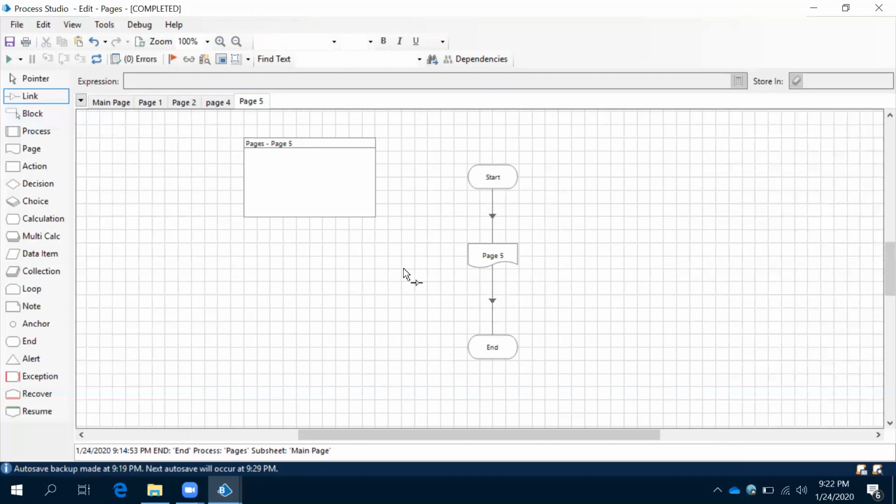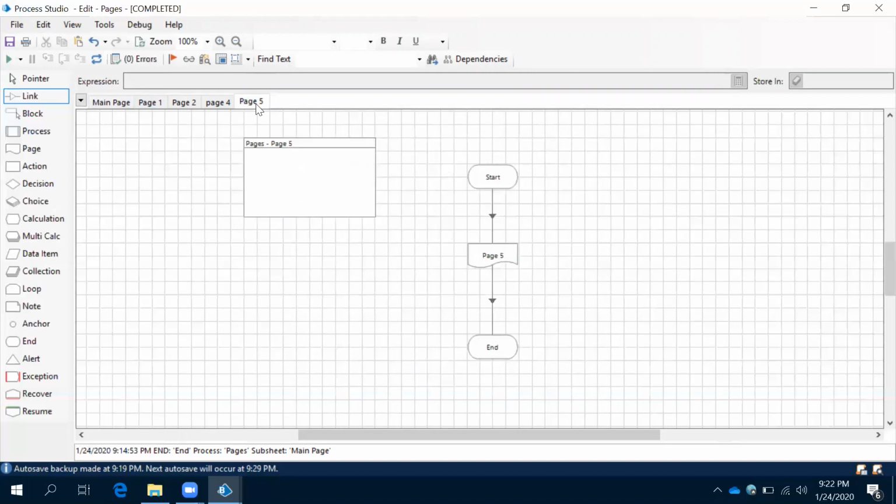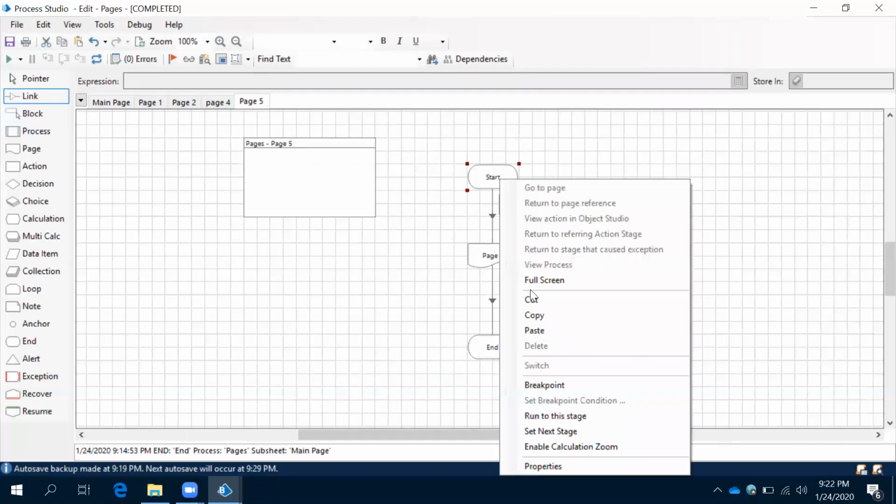Now, if you want to run this, it is just for testing purposes. We don't want to run the complete thing. If you want to add it somewhere, then we need to give a reference. But just for testing purposes, why run everything, right? In these situations, if you want to use any specific page, we have an option called Set Next Stage. Set Next Stage. Observe this.